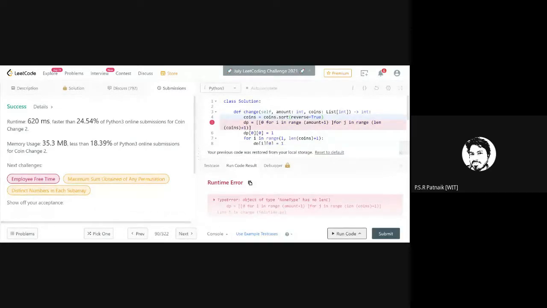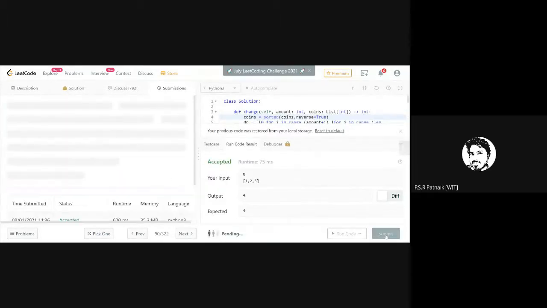One does the sorting in place and one returns a new copy. It should be sorted. Sorted presents a new copy, I guess. Now let us see if I sort this. Okay, still it is fine.